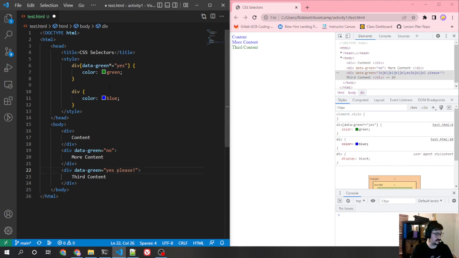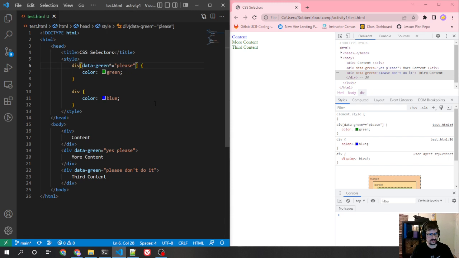The other thing is maybe I want to make sure, and I want to say, okay, this only works if you're polite. So I say, please. That will work too. But I want to make sure that they're not saying something like, please don't do it. So I want to make sure that it just says please at the very end. I know the analogy here is starting to fall apart. Just stick with me. So if I want to make sure this please is at the end, so that's specifically a yes please,